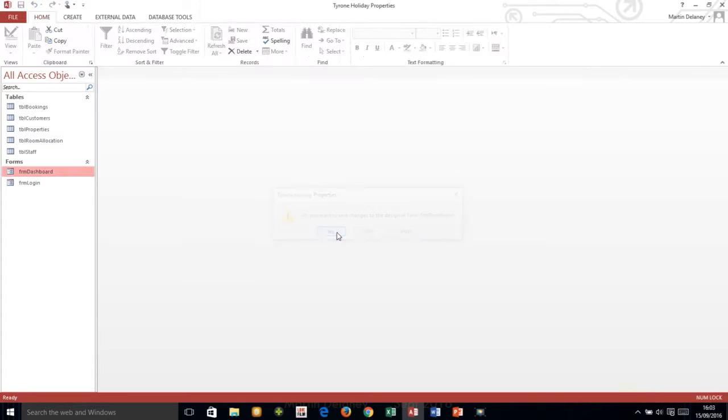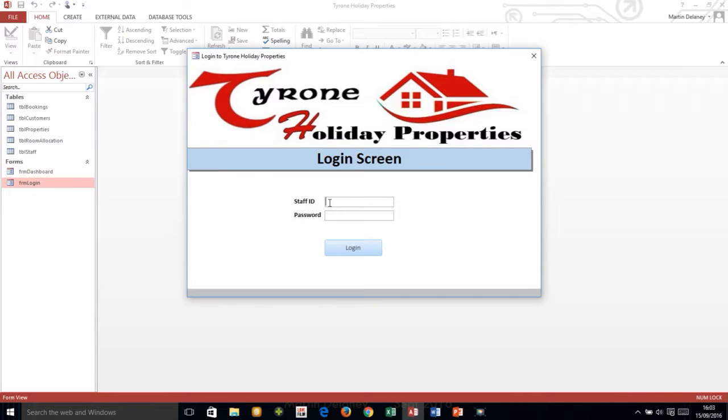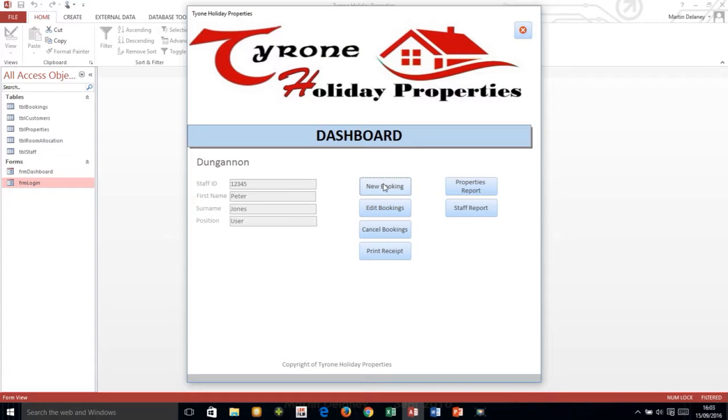So just to go back, we're going to log in 1 2 3 4 5. That's 1 2 3 4 5. Password 1. Log in, and you can see that Peter Jones is a user. So Peter Jones should not have access to any of the other aspects other than a new booking, because he's just a user. And the key to this is we're taking the value from the position text box or the position field,